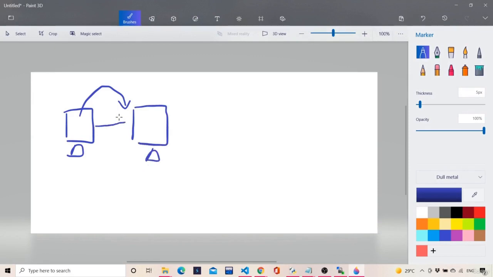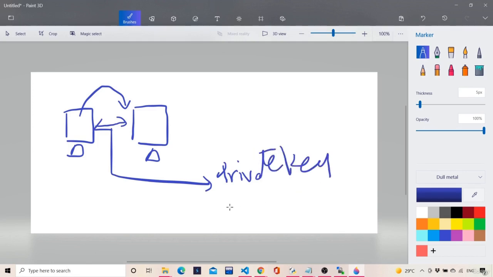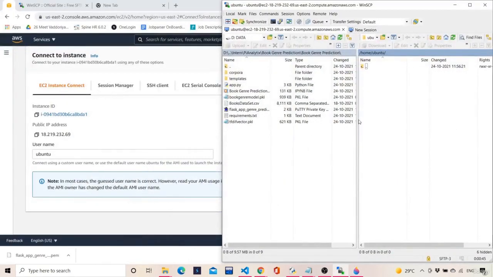For that we require some kind of authentication, which was nothing but the private key, the private key value pair. With this I can establish the connection from my system to the system of Amazon. So that is what just happened now. This is my system, and this is the system of Amazon.